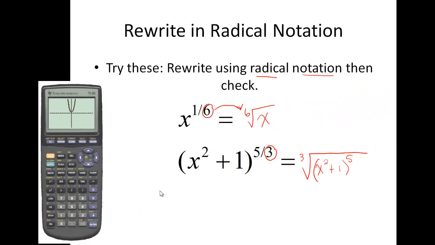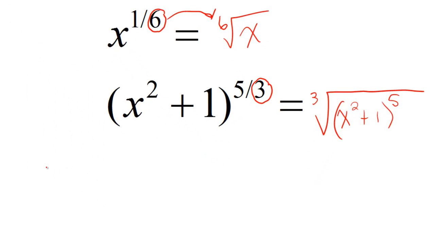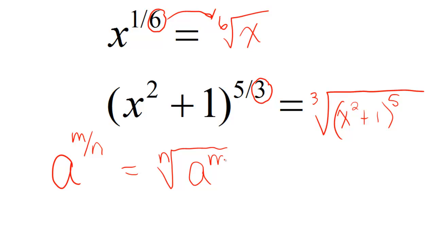So when all is said and done, we have a rule relating fractional exponents and radicals: if we have anything raised to a fractional power, m over n, n, which is in the bottom part of the fraction, roots are the bottom parts of the plant, so that's going to be our nth root of a, and then we keep the mth power. So remember, the n is the root, and then we just use the rest of it as the part under the radical.